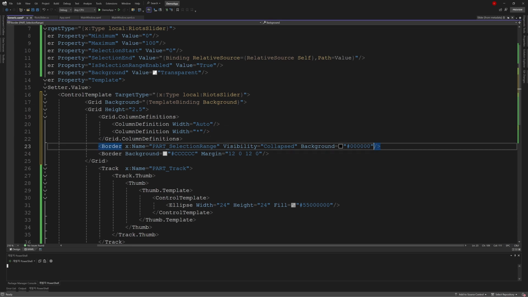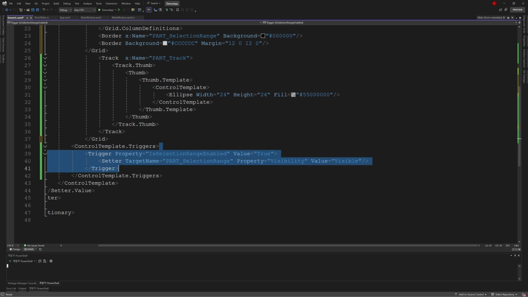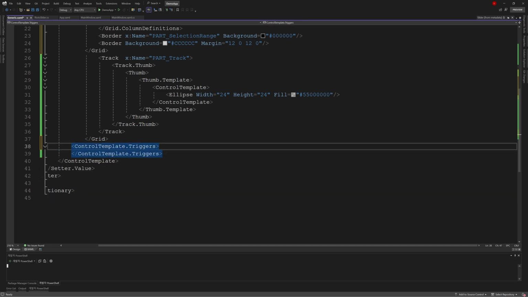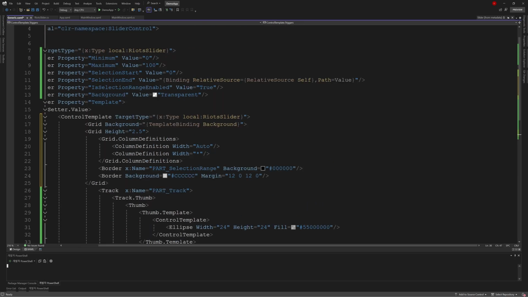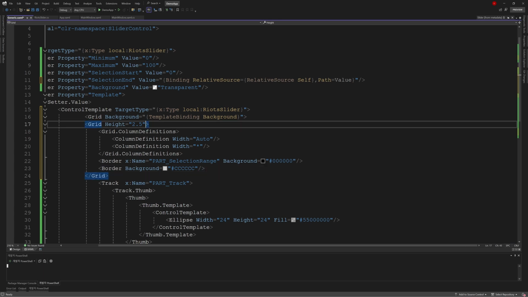Alright, we're definitely going to use the selection range, so the visibility here can be removed. And this trigger, and the property above. Okay. And the margin, we can place it at the top.